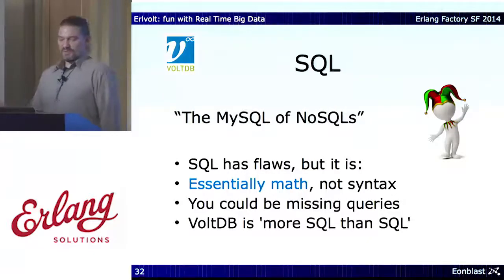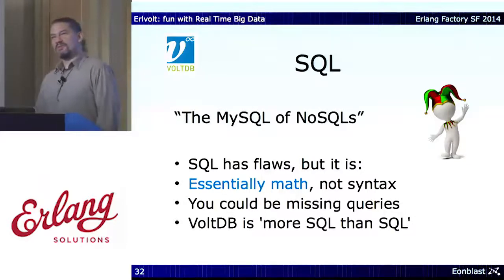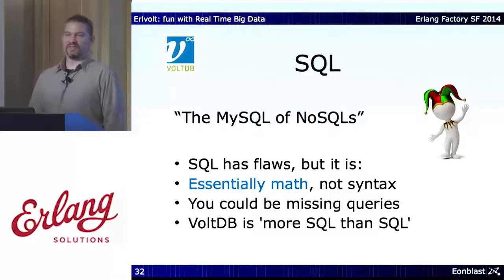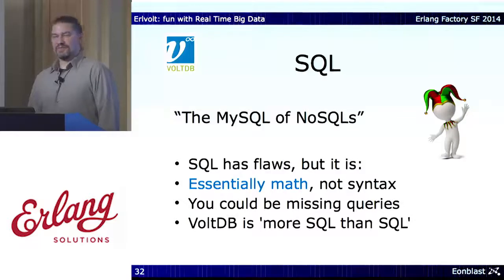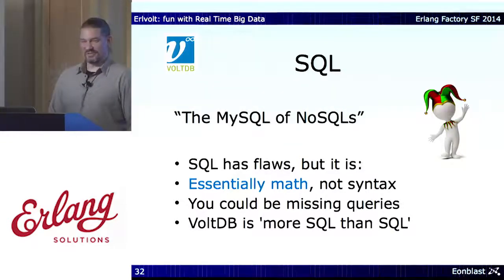What I started to mention before, that VoltDB is actually more SQL than SQL sometimes, that's because if you optimize stuff, sometimes you would, for example, have an array that you know it's always going to be in the joins, so I can make it a dictionary and have it in memory, and it's going to be so much faster, and I don't have to put it in all the queries. And then you end up having a faster application, but it's also harder to maintain, because then when the data structure changes, then you have to change it in two areas. Somebody else who needs to learn it has to understand about the hack that you put into your application.